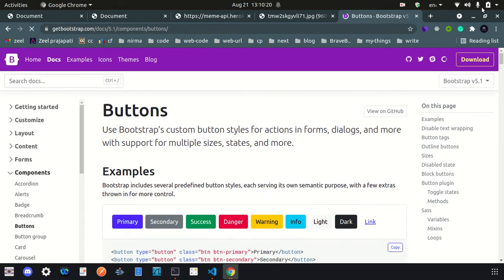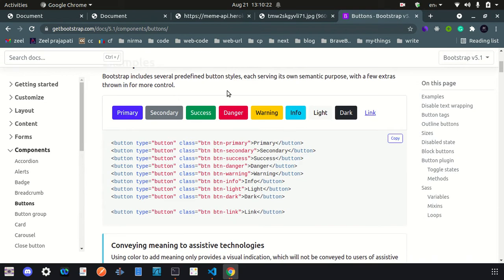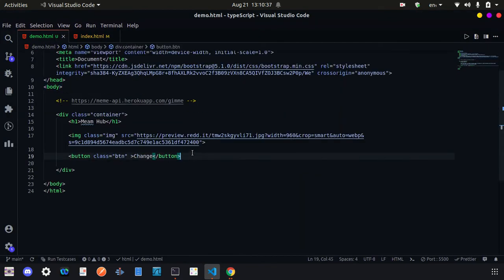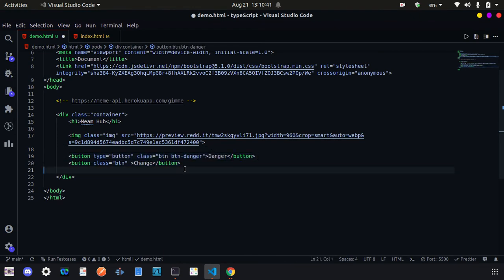Okay, here it is. We are going to use this danger type button. By the way, danger is just how Bootstrap names its colors: red for danger, green for success. These are the names only. So we are going to change this, and we have the default class btn, and just change the text to change.